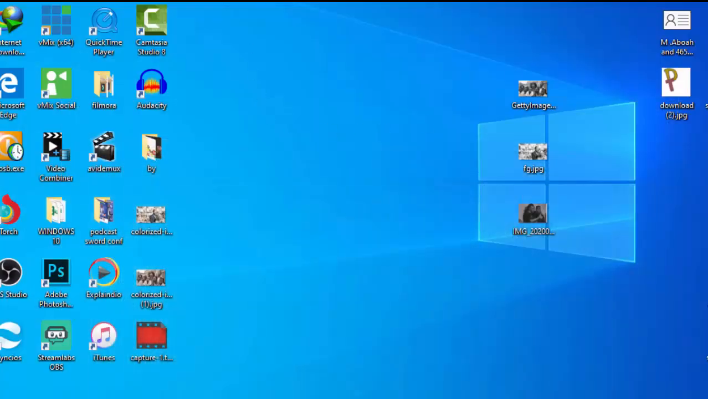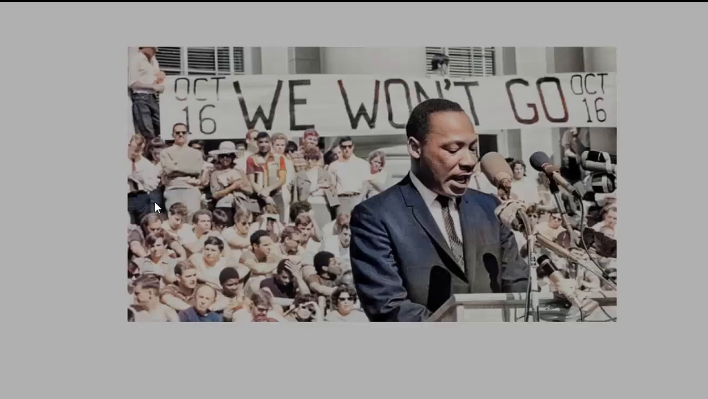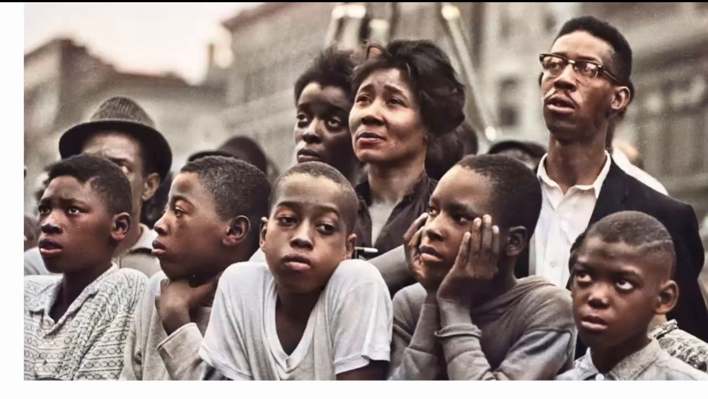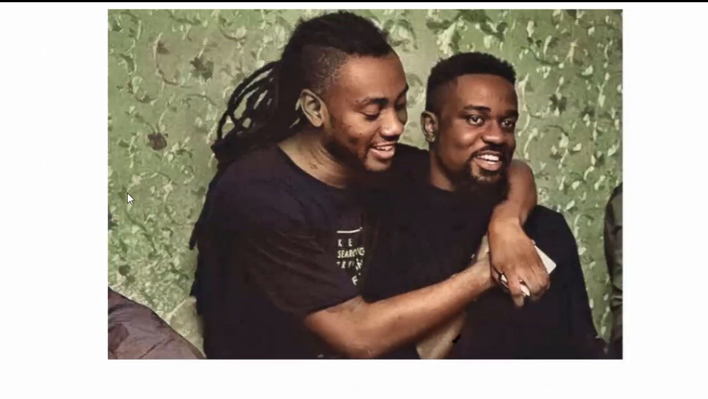You can see that they are all on your screen. This is a colored one. This is a colored one. See,